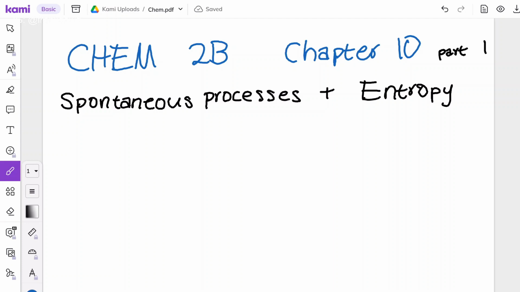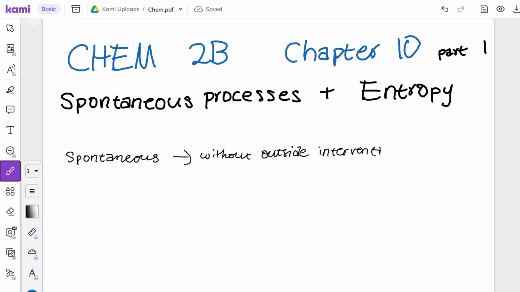Okay, we're going to be starting with spontaneous processes. So, what does spontaneity mean? A reaction being spontaneous, the basic definition of it that you're going to hear in class is that the reaction is able to occur without outside intervention. And what that basically means is, I'm going to give an analogy to better explain it. Imagine you have a hill. You put the ball at the top of the hill. The ball is going to roll down, whether you kick it or not, it's going to roll down without any outside